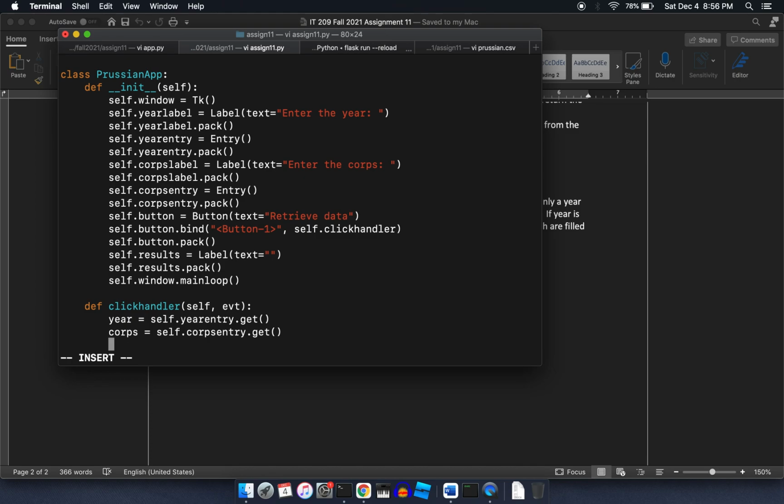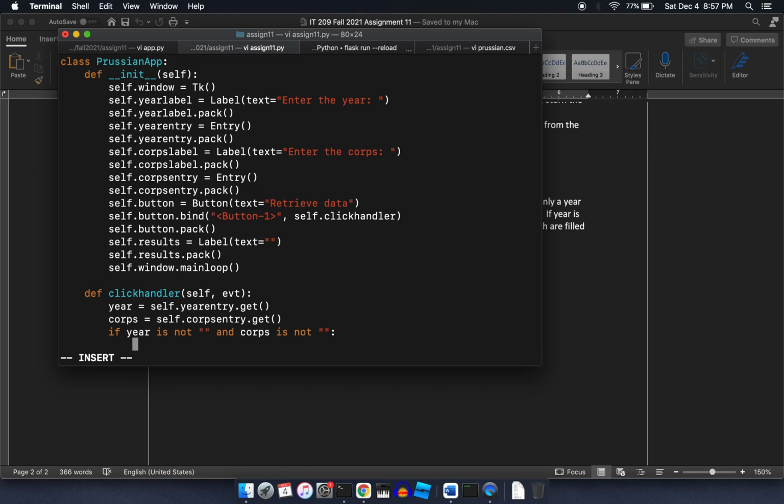Okay, and then now we have to do some decision making. We need to say, all right, if they're both blank, then we basically don't do anything. If the year has something in it, but the core is blank, then we get just the stuff for the year, right? We call the correct thing. So, all right, let's go ahead and enumerate some of these cases. So if year is not blank and core is not blank, okay, well, then that means they're both filled in,